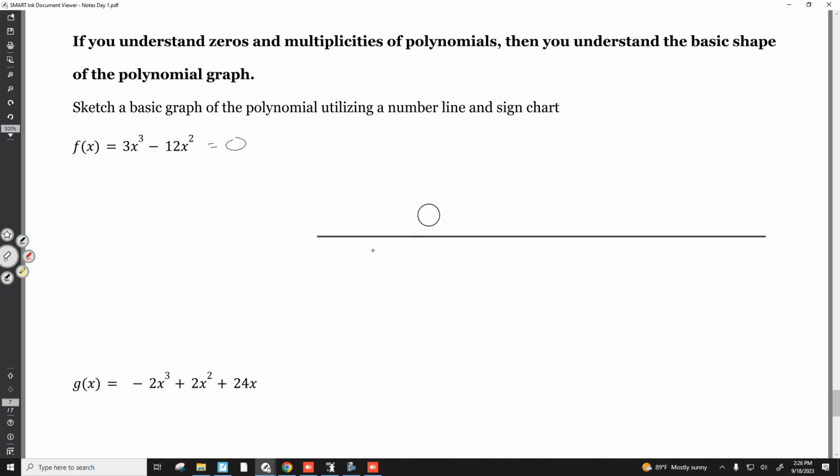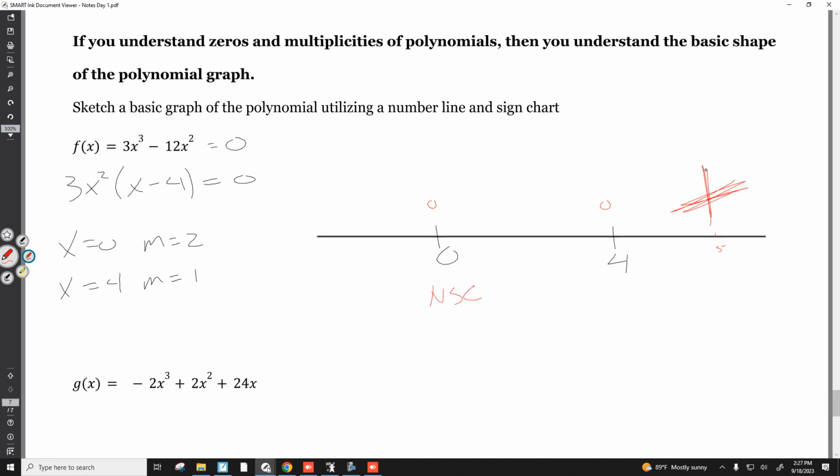If you factor correctly and you find your zeros, and you understand your multiplicity and what they mean, and you use one test point to understand the signs of your polynomial,